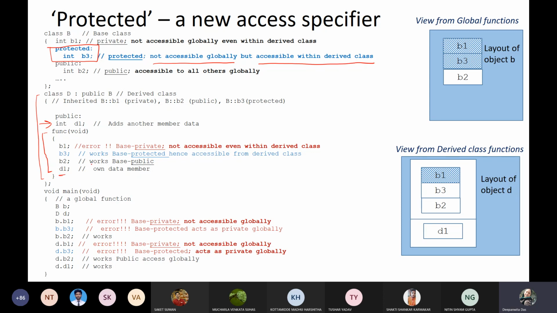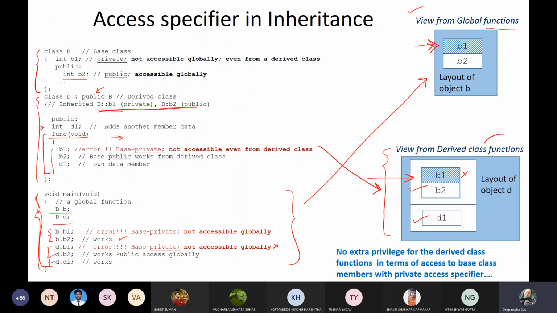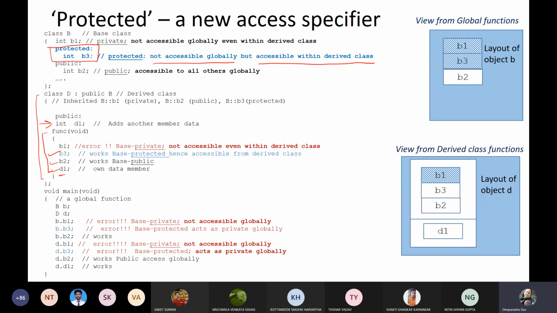So B2 will be accessed, that we know. B3 also will be accessed, because it is a protected member of the base, and it can be accessed from within the derived class function. Previously there was no access to the private data member B1, and B1 is still not accessed. But B1 and B3